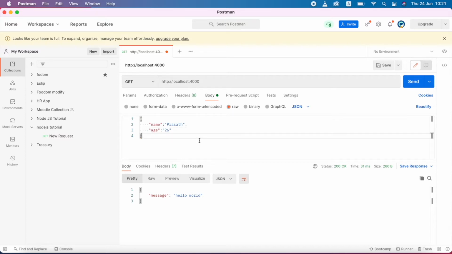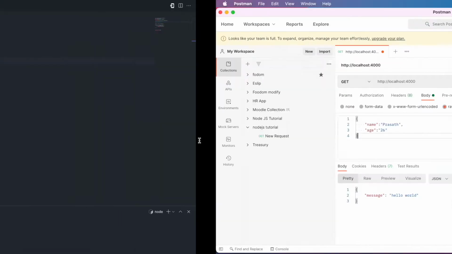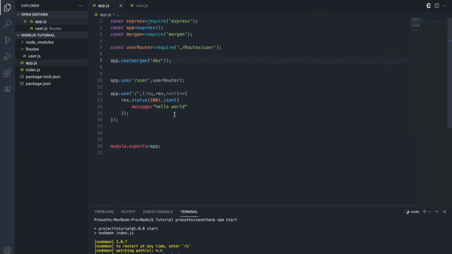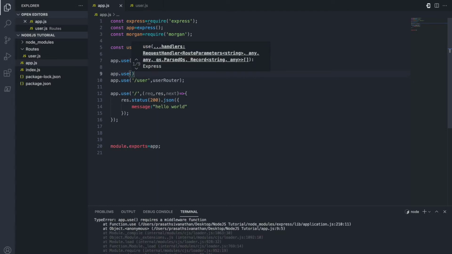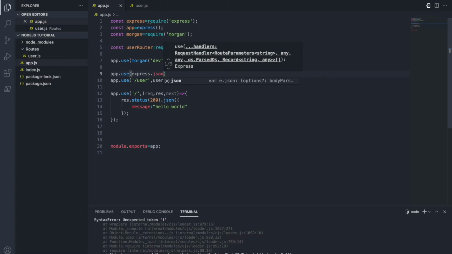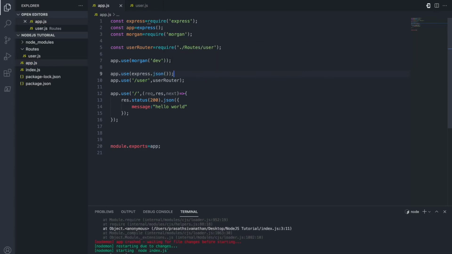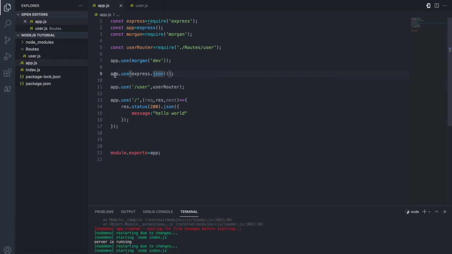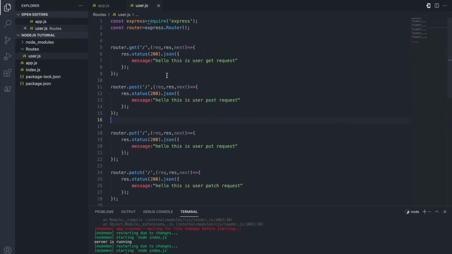26. In order to accept a request with a body, I'm going to app.js, and after Morgan I'm going to type app.use, calling express, then I have to call json. So after we add this line, our app will support requests with a body, but our request body must be a JSON object.